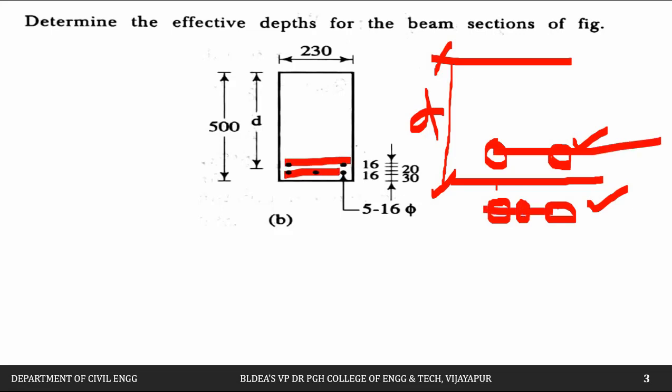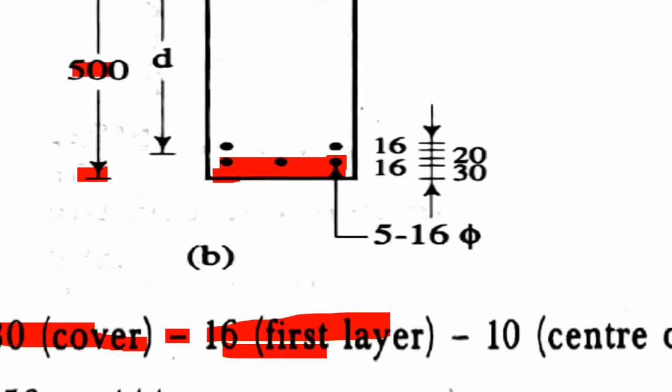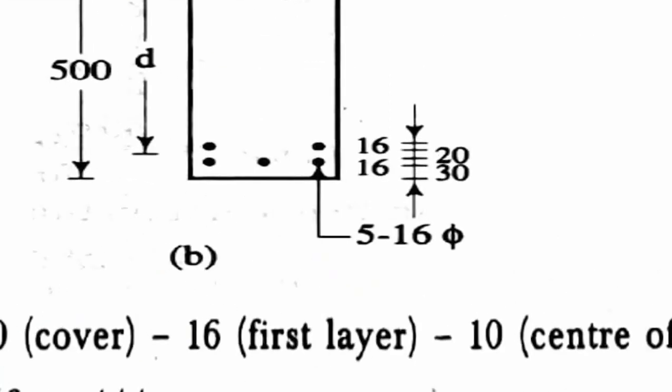Now our aim is to calculate this distance d, the effective depth. So how to calculate now? Let us see. Effective depth is equal to the overall depth, that is the total distance of 500 mm, minus this clear cover, which we take as 30 mm. Next, minus 16 mm dia bars, that is for the first layer. Next we can take the spacing between these 2 bars. I will show you this: the spacing between this bar and this bar, this clear distance you are seeing, we will take as 20 mm, right?